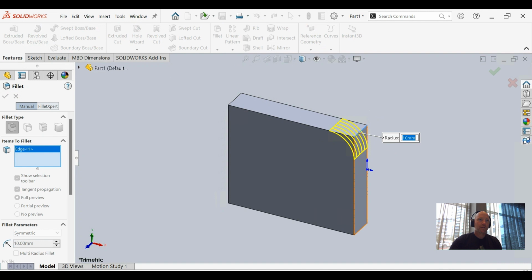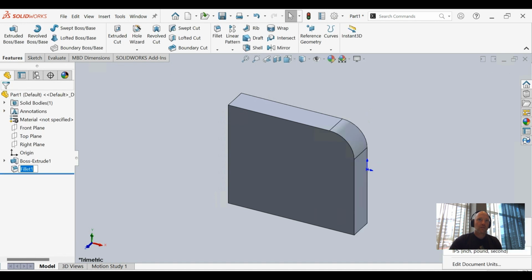I want it in inches, so I'm going to click here. Well, actually, I'll change it. I'll leave it. Change it to inches. IPS. Cool. Now we can